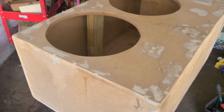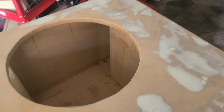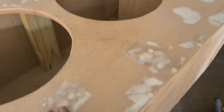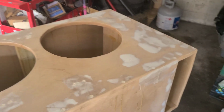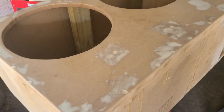But yeah, it says it's going to be here tomorrow, so once it gets here, we'll be doing an unboxing of that, painting this with that. So today what I'm going to do is work on trying to get as much of this extra glue off as I possibly can, making sure the box is completely ready to throw the DuraTex paint on here. Other than that, we're basically just going to be prepping it for paint today. So